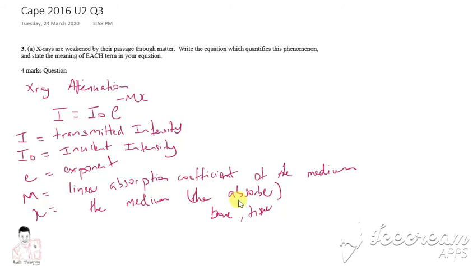So let's see if we answer the question. So it says write the equation which quantifies this phenomenon and state the meaning of each of the following terms. So this would be the meaning. So basically the transmitted intensity would be the remaining intensity that is left, after which, because some of it is going to be absorbed, so the remainder would be the transmitted intensity, whereas the incident intensity would be the amount of X-rays that you started off with. Good. Your linear absorption coefficient, or your linear